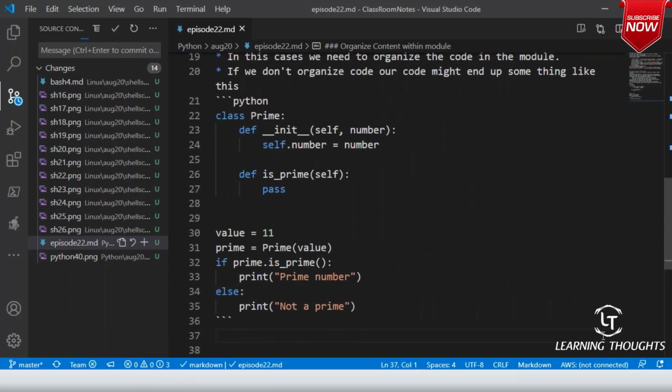So now let me try to tell you. Every module has a special variable, __name__. Whenever you see anything with an underscore in Python, it is special. Yes or no? We have already spoken about it.